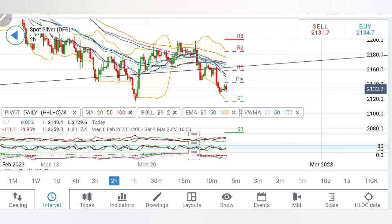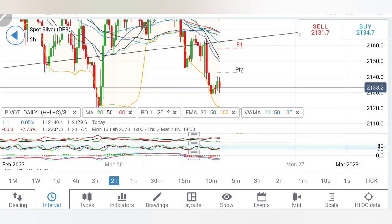It needs to break in order to confirm the bullishness. Now if you look at the 2-hour charts also, there is a support here at 2130 and a resistance here at 2140. Now what I will recommend here is, yes, in between 2125 and 2145, do not take any position